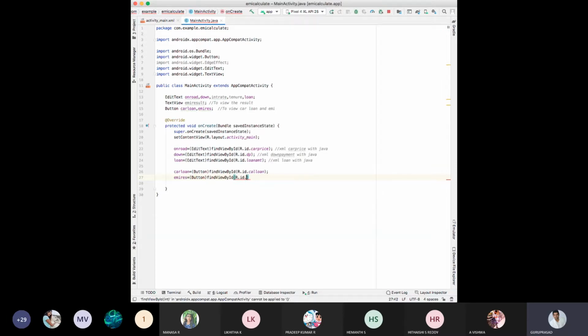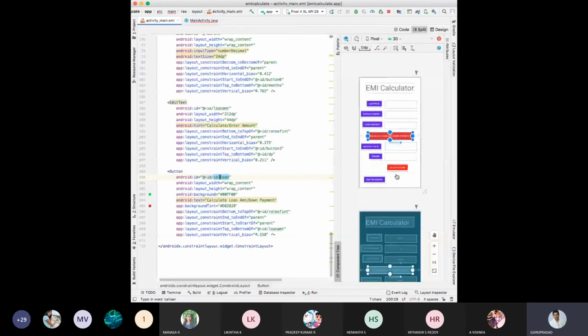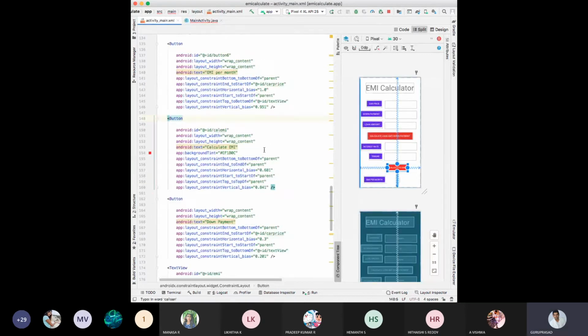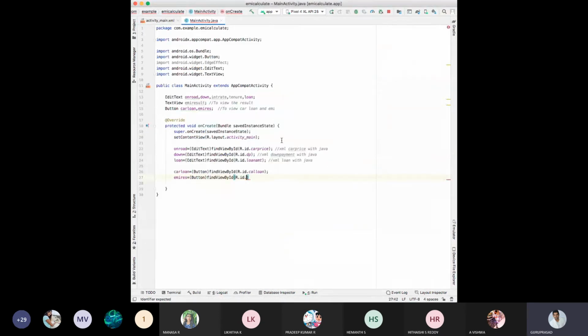EMI result. What is the ID which we have given? Calculate EMI button. CAL EMI. See, these IDs are very important. You need to remember carefully and you need to integrate properly. Then button over, EMI result button over.